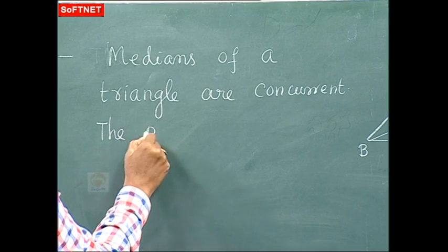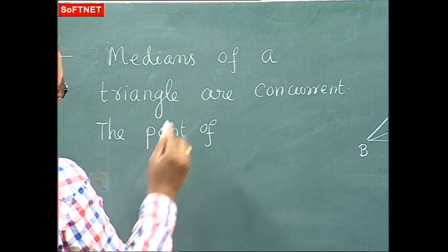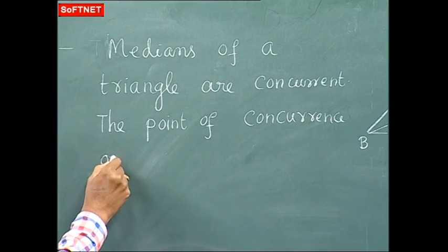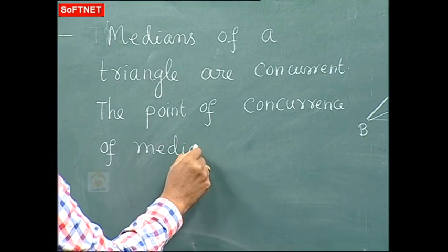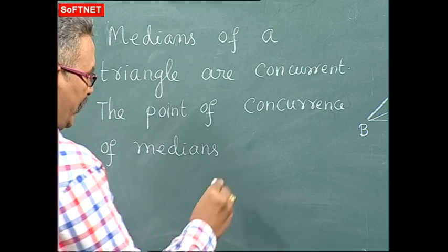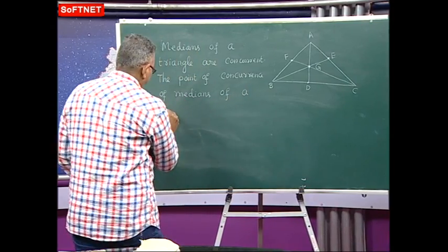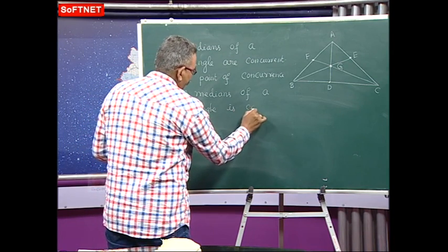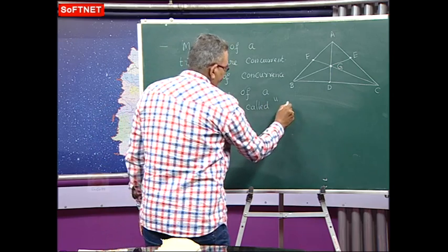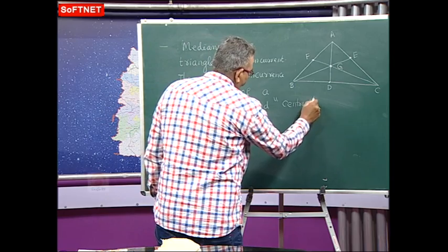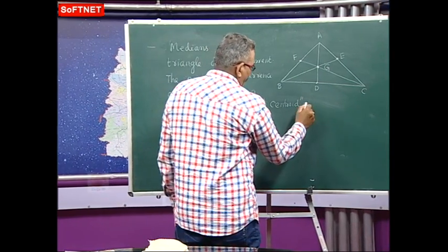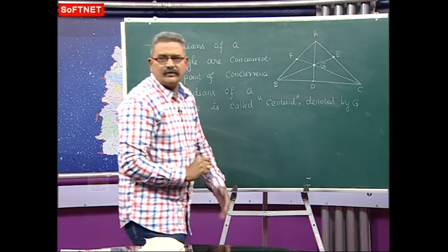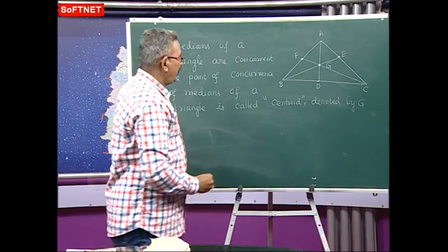The point of concurrence of medians of a triangle is called centroid, denoted by capital G. Okay. Now suppose here A coordinates are x1 comma y1,